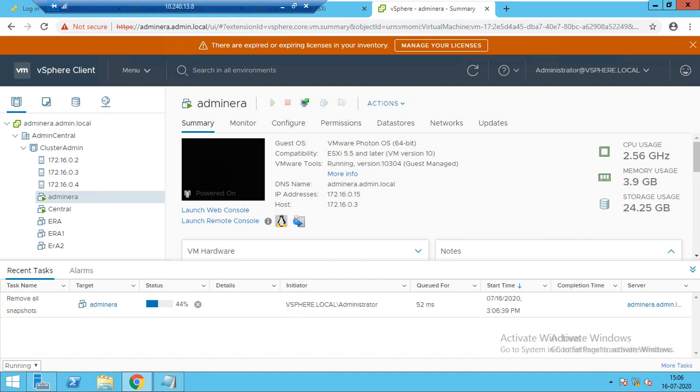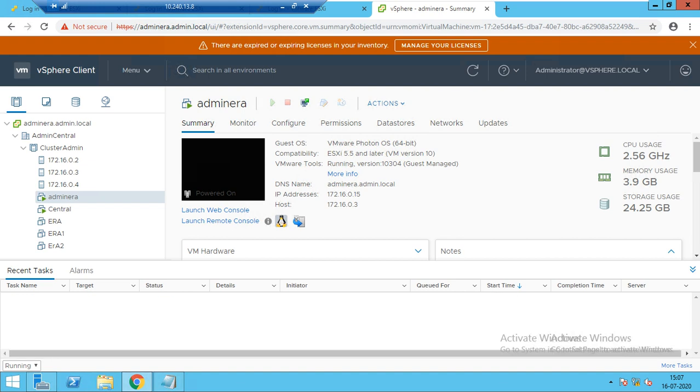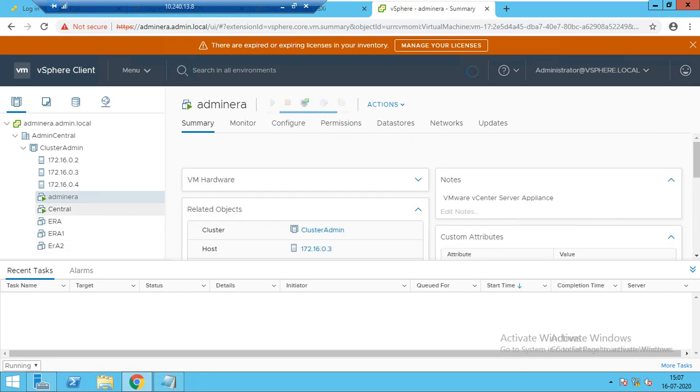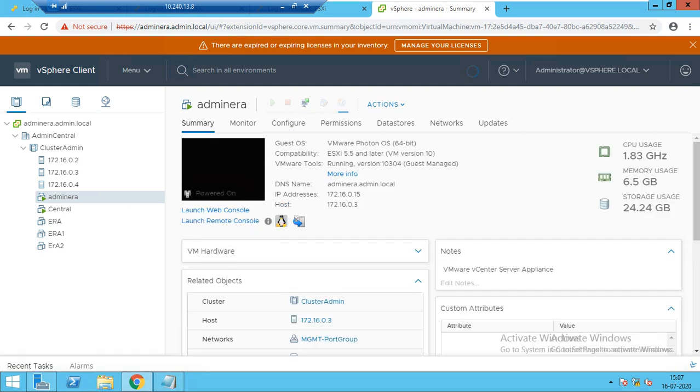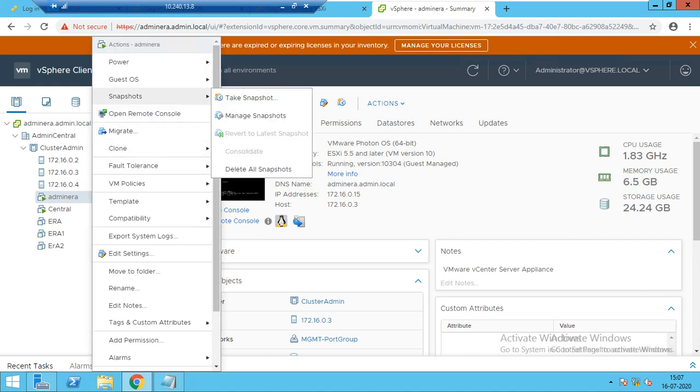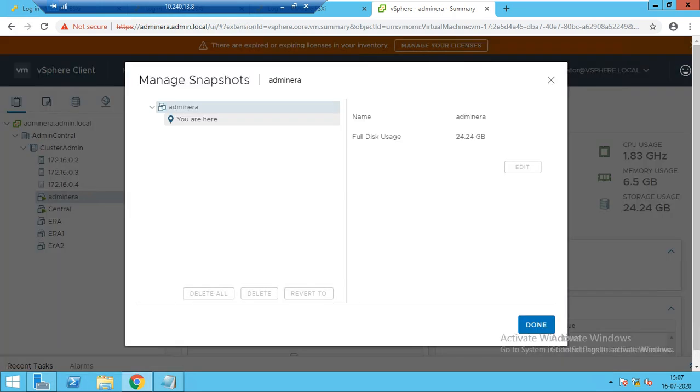In a moment the snapshot will get deleted. Now if you right click, go to the Snapshot option and Manage Snapshots, there is no snapshot available.